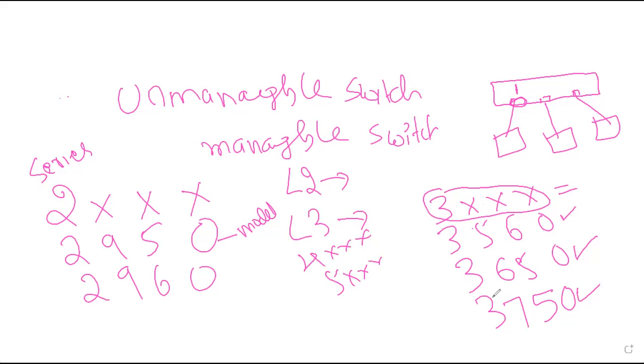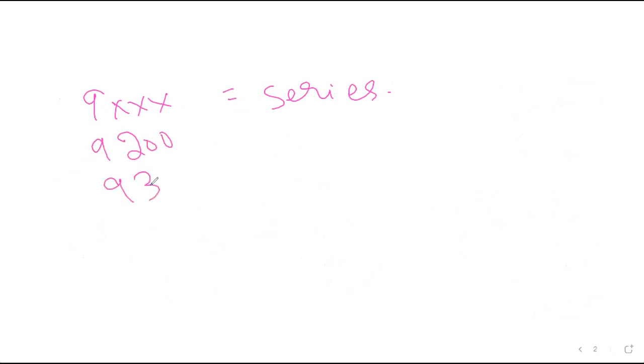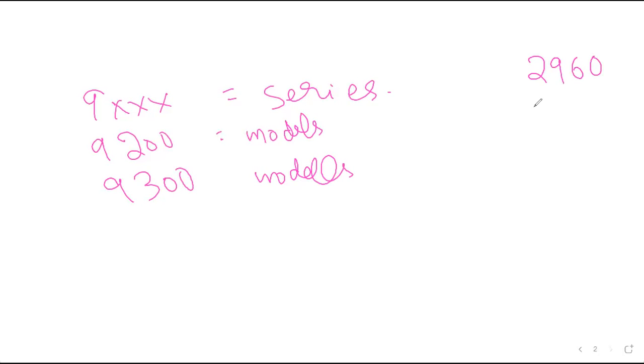And currently we have what we call the 9xxx series. In this 9xxx series, for example, 9200, 9300 are models. Okay. So now, when we're talking about 2960 or 3750 or any series within 3000,